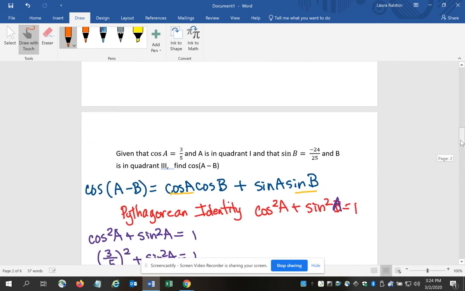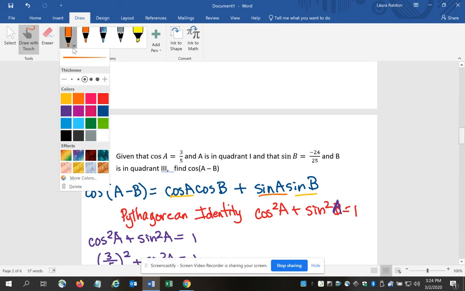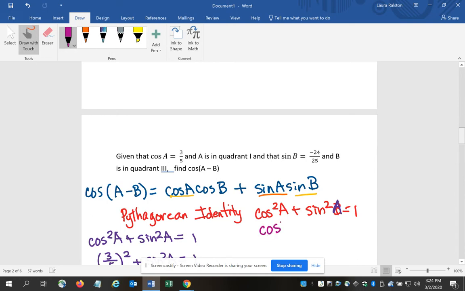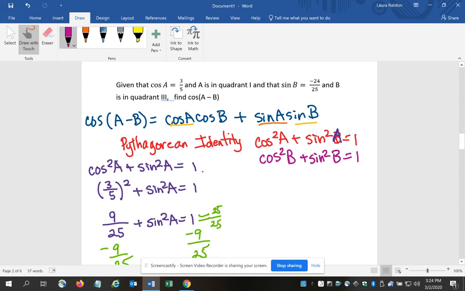Okay, so now in terms of the formula, I know sine A. So I'm going to go back, I'm going to start over, and I'm going to look for cosine B. So I've got cosine squared B plus sine squared B equals 1. And I'm going to perform the substitution. I know that sine B is negative 24/25. So cosine squared B plus negative